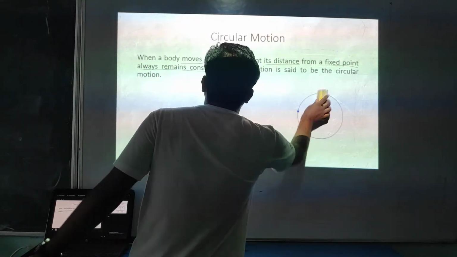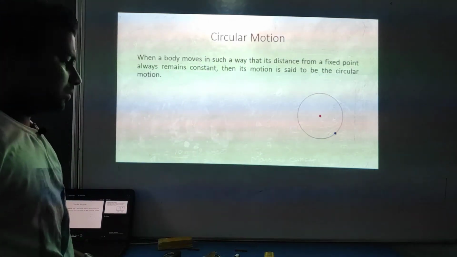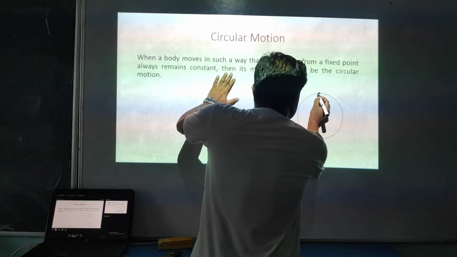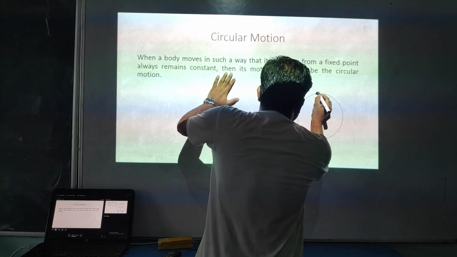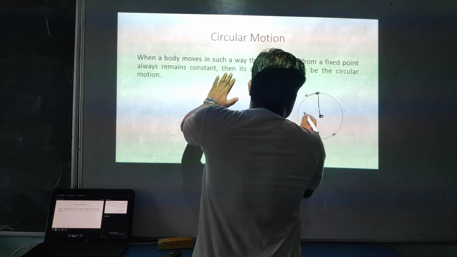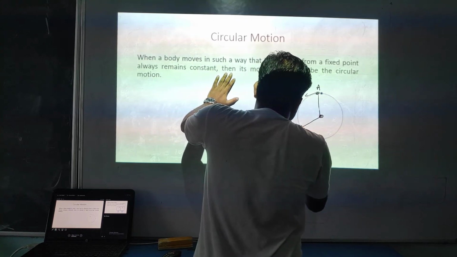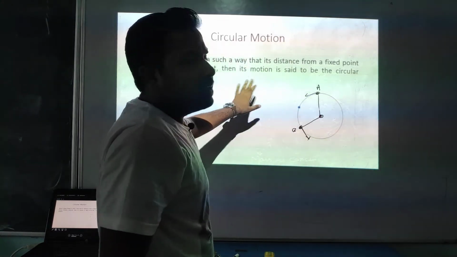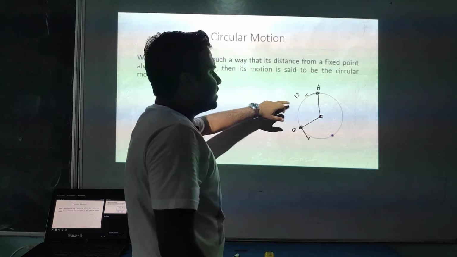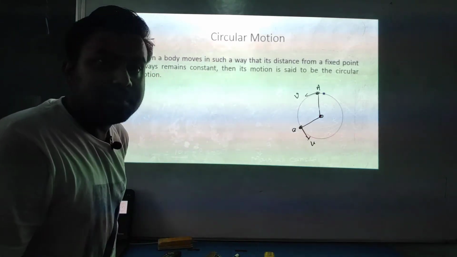Okay student, now I'm going to discuss one basic term. Look at this here. I am assuming this is a point and from here it's the center, and it's moving continuously. This is the A point, this one is the B point. After some time it is at the B point. Now look at this here. The velocity is directed in this direction, and at this point the velocity is directed in this direction. What is the meaning of this?